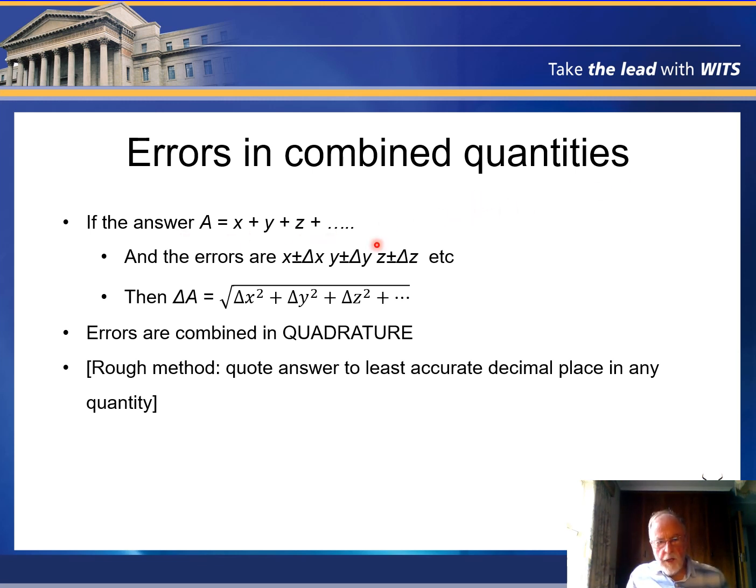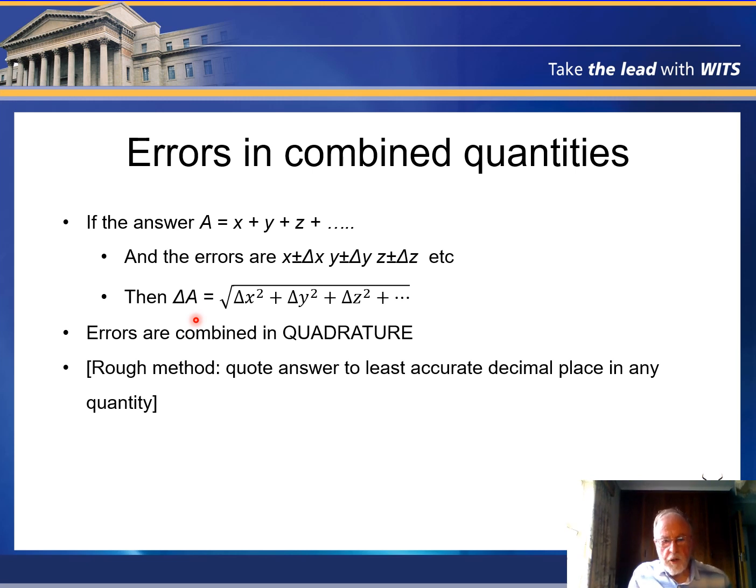So if your answer is A equals x plus y plus z, and delta x, delta y, and delta z are the errors in those quantities, then you add the squares of those quantities, delta x, delta y, and delta z, and take the square root, and that gives you the error in the quantity A, according to statistical theory,